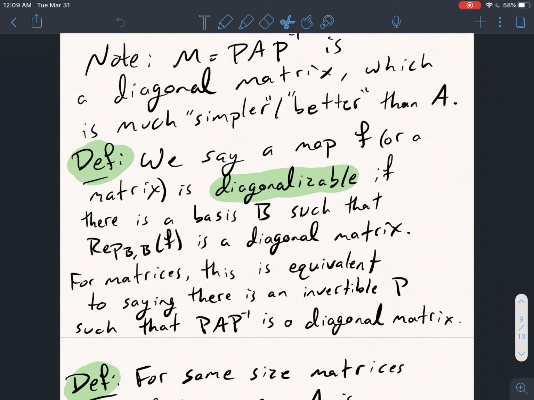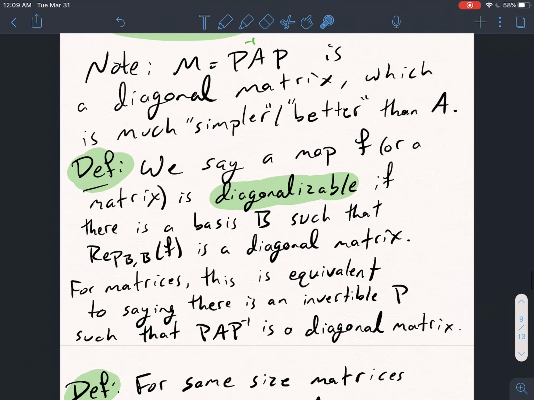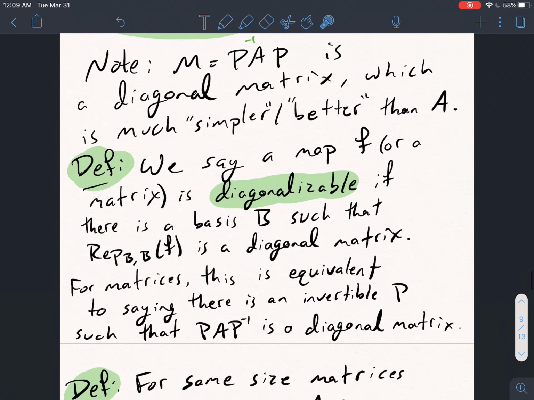So for the rest of this section, I just wanted to talk about some definitions, some theorems, and just general discussion of things that are going on here. So in the previous example, we had, this should be P inverse AP, but in the notes it's actually swapped. So just keep that in mind when you're reading the notes that I sort of swapped some of the places of the inverses that I did with this video. Everything's correct, but I just talked about things in a little bit different of a way that led to inverses